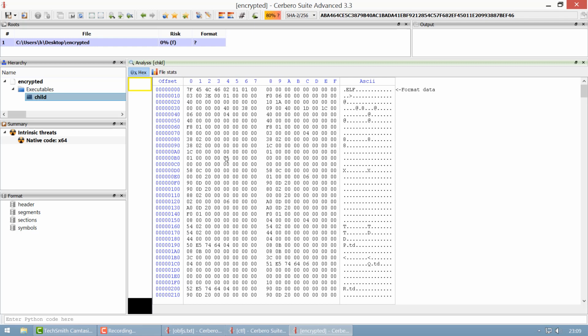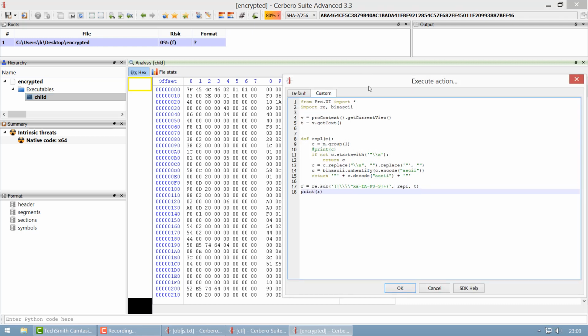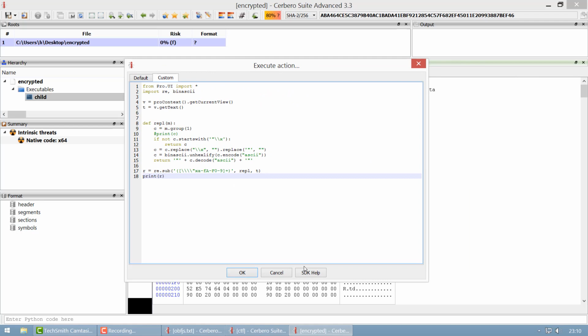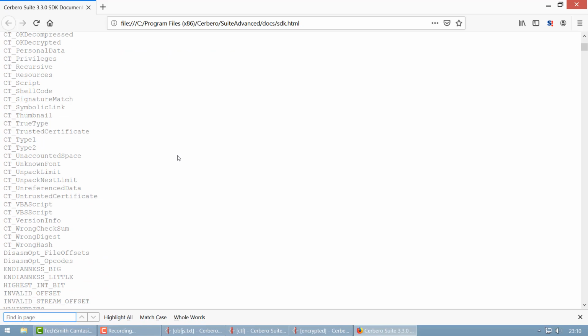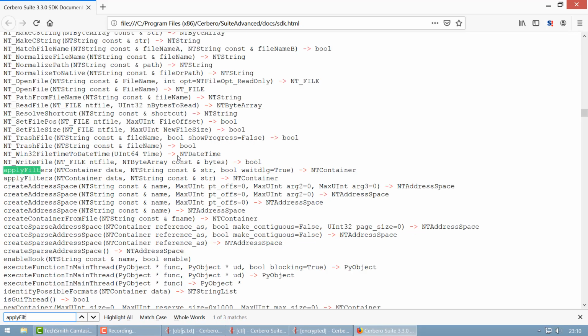They are supported from the API in Python. So for instance, if you want to open the documentation of the Python SDK, you can quickly access it from here. Of course, you can even go into docs and then SDK HTML, but here it's easy. You just press Ctrl Alt R and then SDK help, and now you have the complete documentation. If we go to apply filter,